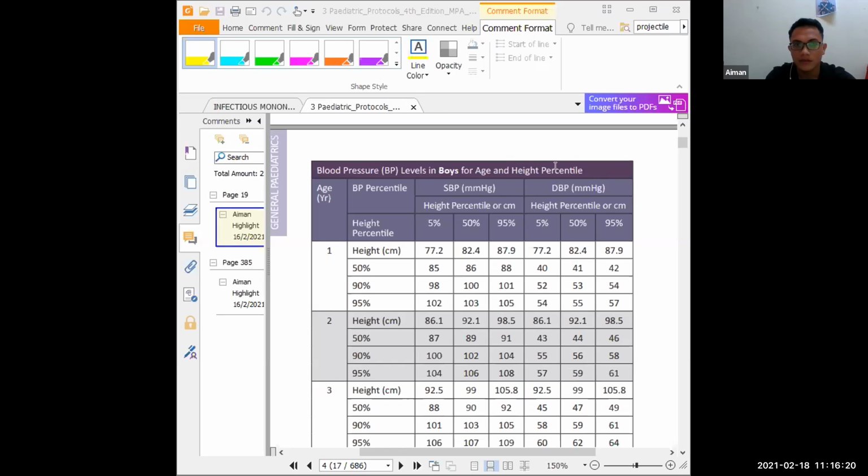I'll explain a bit about how we consider whether the patient has hypertension or not. Normally in hospital we take blood pressure using the automated or oscillometric blood pressure device, and if we find the blood pressure is more than the 95th percentile, which is here,